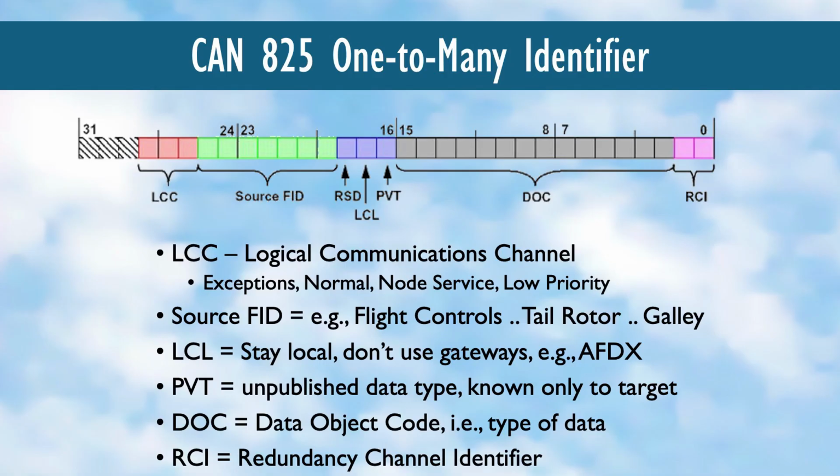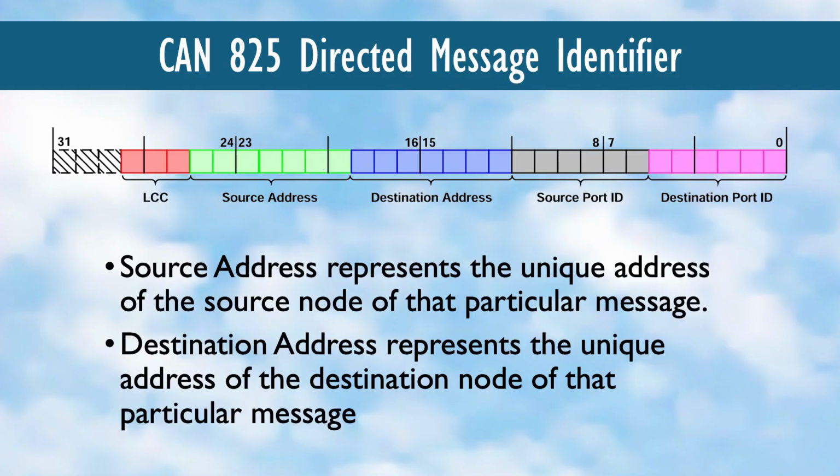ARINC-825 defines 2 types of 825 identifiers: a one-to-many identifier structure and a directed message identifier structure. The 3 most significant bits of each identifier form the logical communication channel, or LCC, setting message type and priority. A lower LCC value means higher bus priority. The source FID, or SFID, identifies the transmitting device type. The redundancy channel identifier, or RCI, tags which physical bus the message came from, essential for redundant multi-bus architectures. This identifier is used to transmit to a specific node and therefore contains a destination address and a destination port